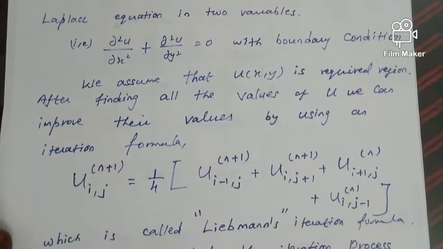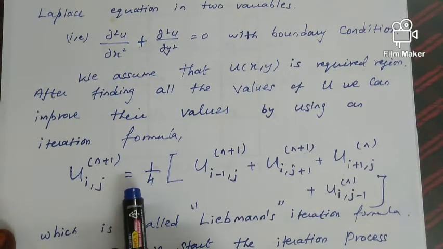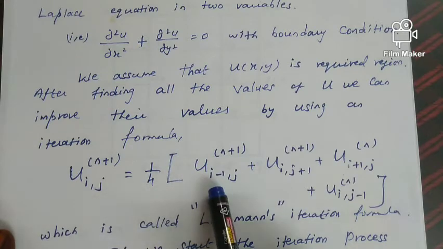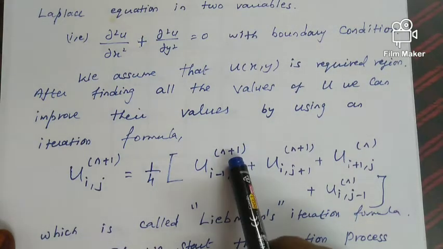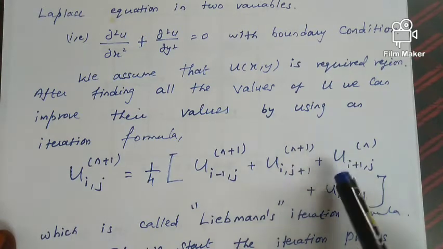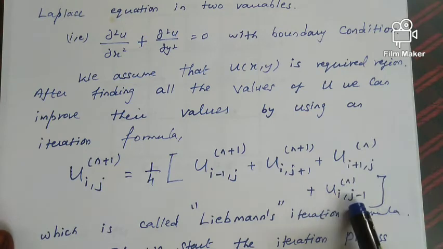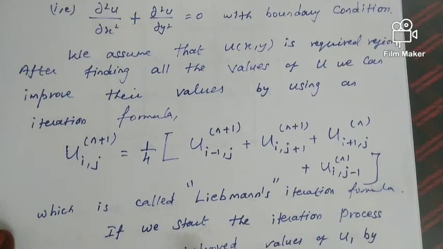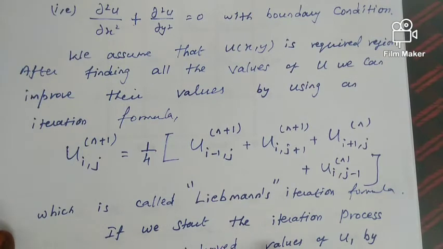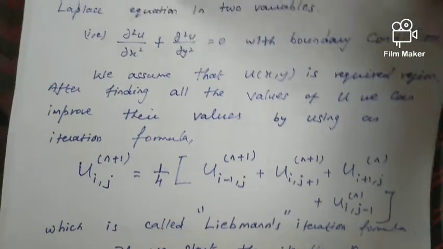The formula is u(i,j)^(n+1) = 1/4 [u(i-1,j)^(n+1) + u(i,j+1)^(n+1) + u(i+1,j)^(n) + u(i,j-1)^(n)], which is called Liebmann's iteration formula. If we start the iteration process by computing an improved value of u1